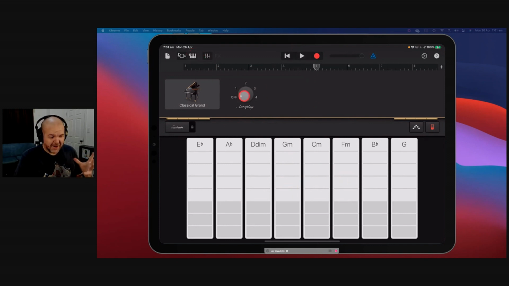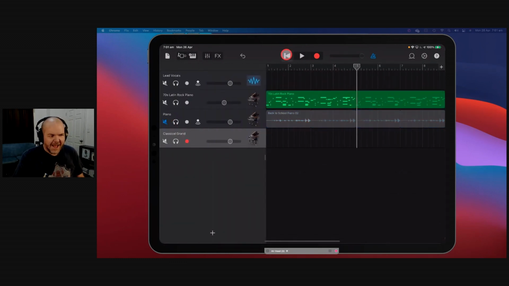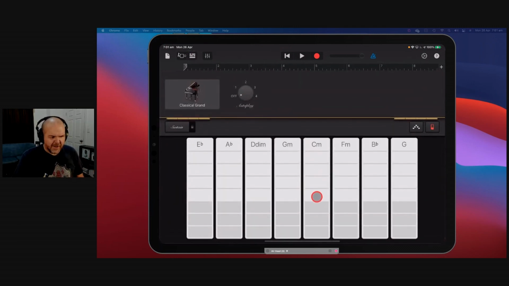Sorry, it's sounding a bit too frenetic. I'm gonna get rid of this other piano. It's just confusing me because it's nice, but it's not the right sort of thing. So if we go back to our piano, you can hear there that I got the key wrong, but it